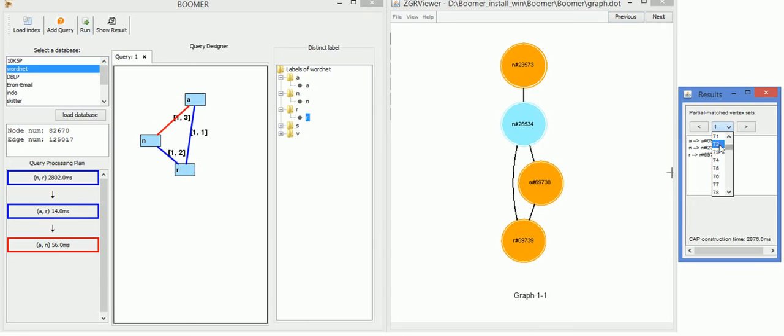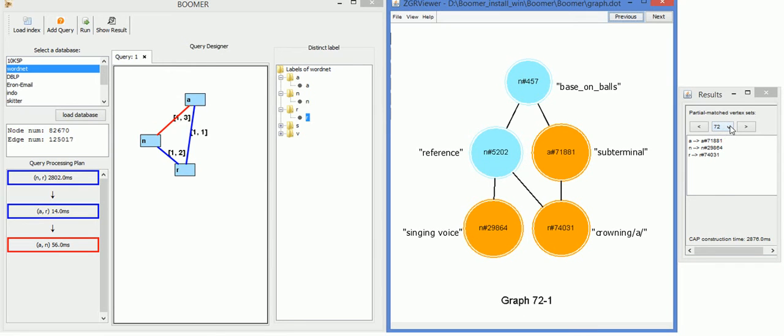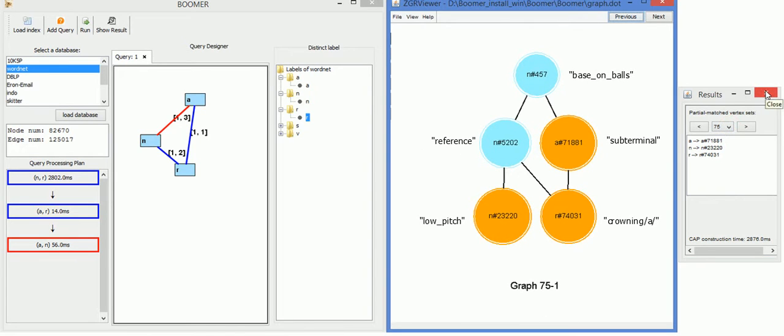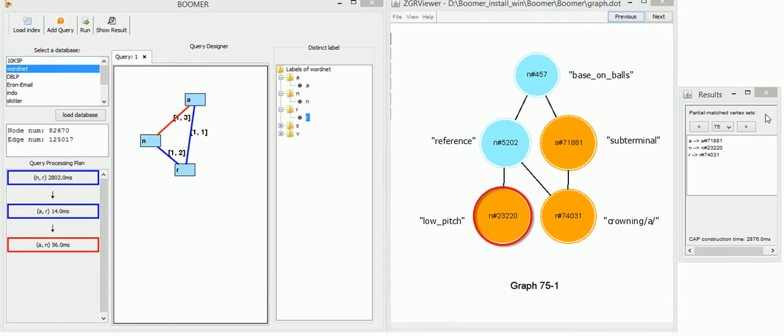For instance, partial matched vertex sets 72 and 75 yield graphical results with the same topology. The vertices in the two graphs are identical except the match for vertex N. Hence, these two nouns, singing voice and low pitch, are likely to be related and can be grouped together to